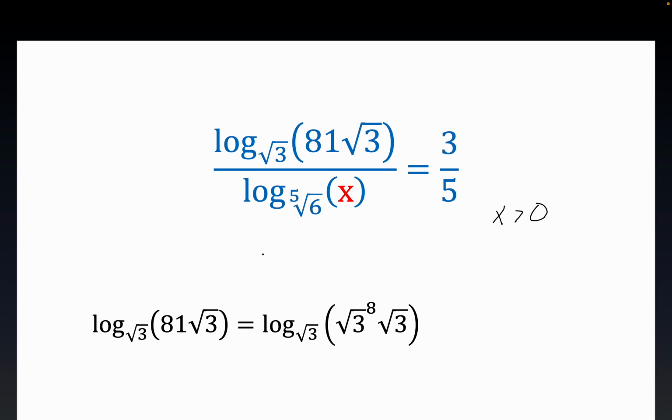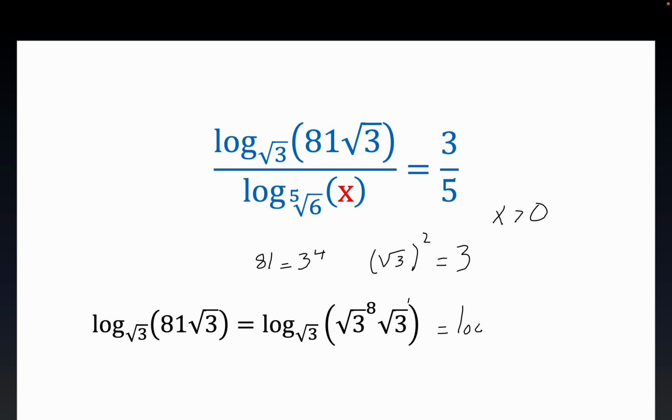Notice that 81 is certainly equal to 3 to the 4th. But that, coupled with the fact that the square root of 3 quantity squared is equal to 3, those two truths result in this statement right here, where we have the square root of 3 raised to the 8th power. Now this is raised to the 1st power, and so this is equal to log base square